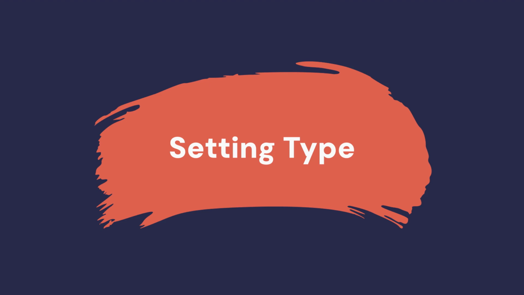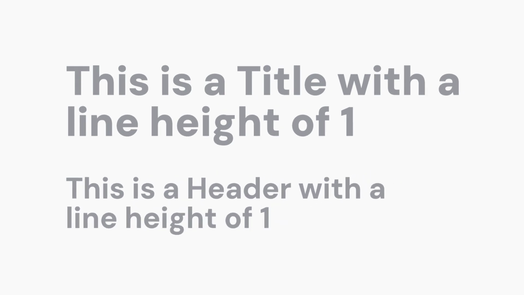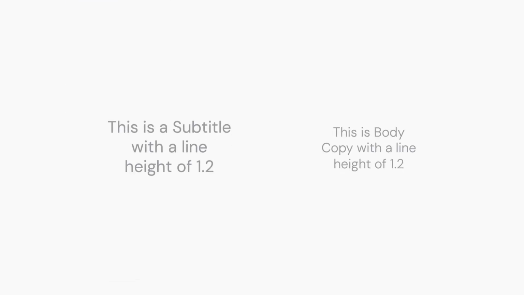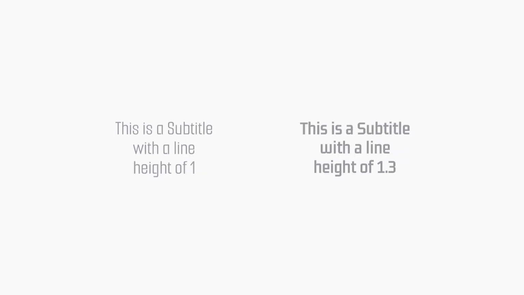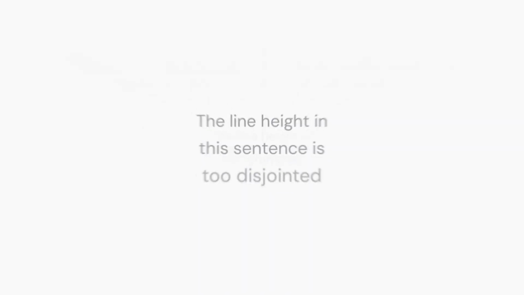Moving on to typesetting, you'll also want to stay consistent with your line heights. What generally works is to make titles and headers 1 and subheaders and body copy 1.2, but this will also differ between fonts, so have a play around with that too to find what looks good. What you're looking for is for the typography to not feel cramped, but also not spaced too far apart so